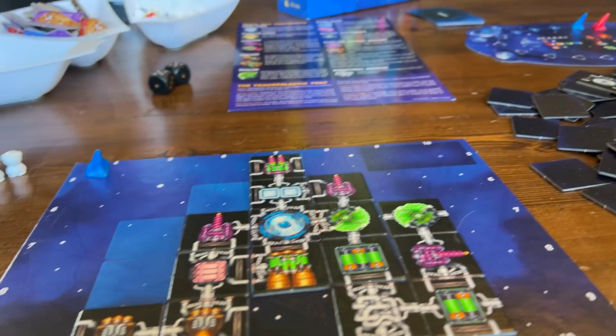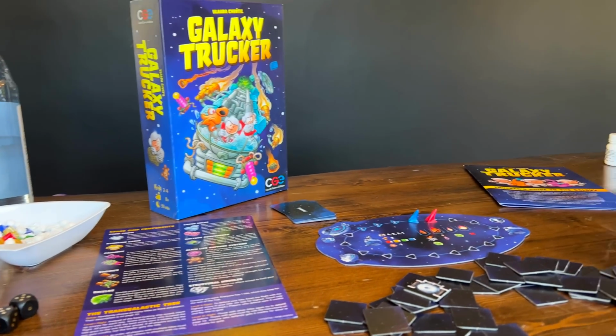Galaxy Trucker. We defeated Galaxy Trucker. Jeff had learned Galaxy Trucker about a year ago, and then for some unknown reason, we just didn't play. Nobody even knows what the reason was. Galaxy Trucker is a real-time game where you are basically building a spaceship in order to truck stuff through the galaxy. You're a Galaxy Trucker. Goods. Cargo. The real-time element of this game is you have a timer, and you flip that timer, and then you start grabbing tiles from the middle of the table in order to build out